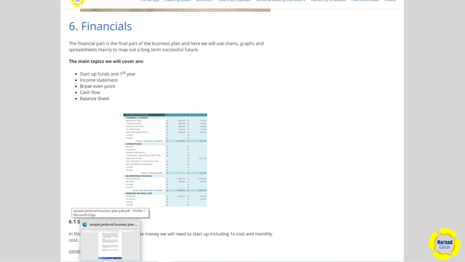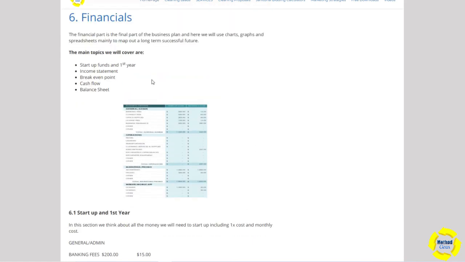The sixth and final part is the financials. This is the part we all love, the numbers. And I am just kind of joking around on that. Generally, us cleaning businesses hate the financials. But here are some basic financials. I would definitely encourage you to hire an accountant that specializes in small business and come up with the details. I am not a professional accountant, so this is just covering some of the basics